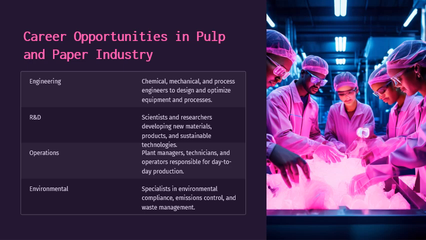Let's look at some of the career opportunities in the pulp and paper industry. Engineering: chemical, mechanical, and process engineers to design and optimize equipment and processes. R&D: scientists and researchers developing new materials, products, and sustainable technologies. Operations: plant managers, technicians, and operators responsible for day-to-day production. Environmental: specialists in environmental compliance, emissions control and waste